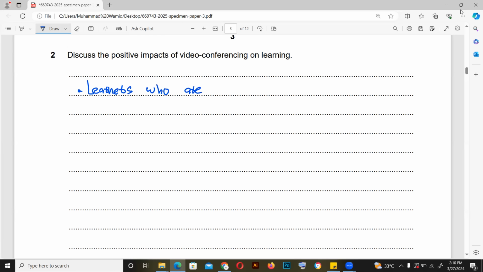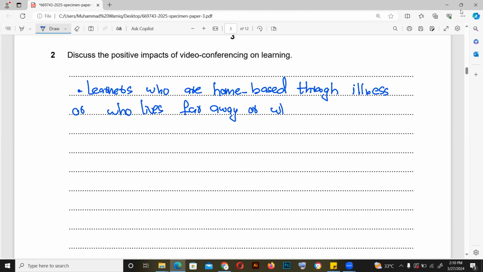Learners who are home based through illness, or maybe who live far away, or who could not join the class due to any reason, can have